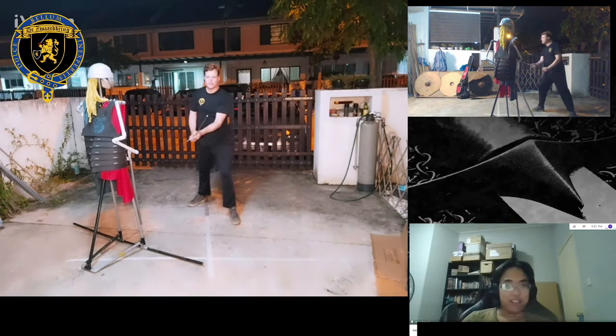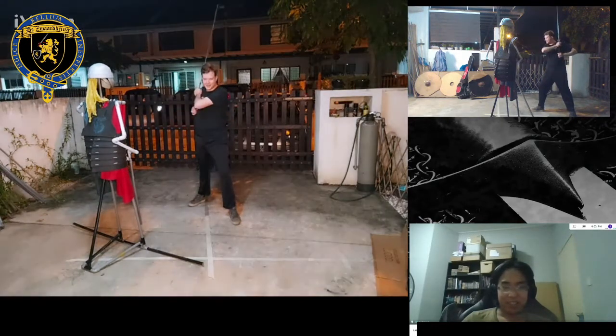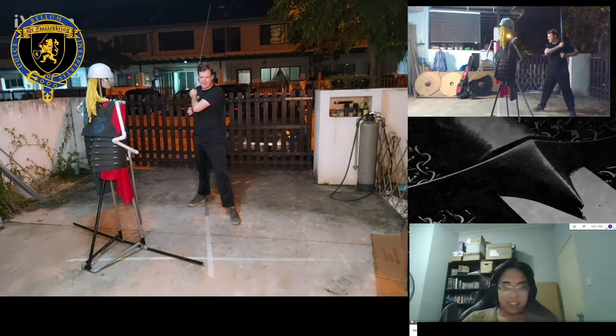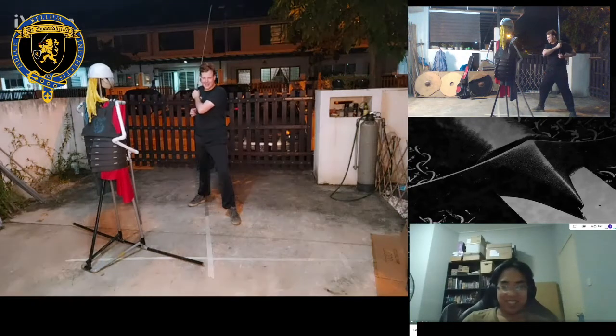Is that not your left side? On my enemy, it must be mirrored. Now I'm going to my left side. The camera must be mirrored or something. Yeah, the camera is definitely mirrored. Listen to what I say, not what it looks like on the camera.